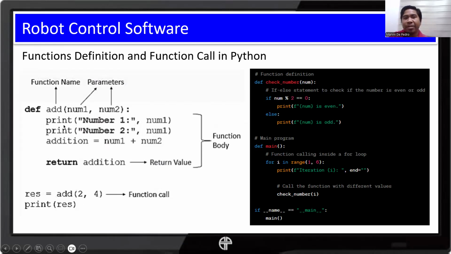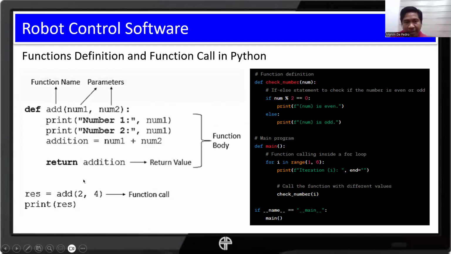When we execute this, the function will first print number one colon 2, and then on the next line, number two colon 4.